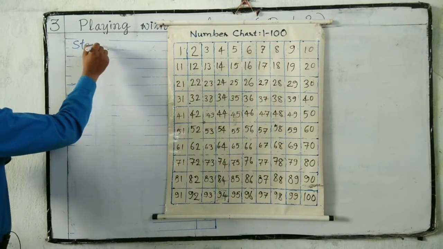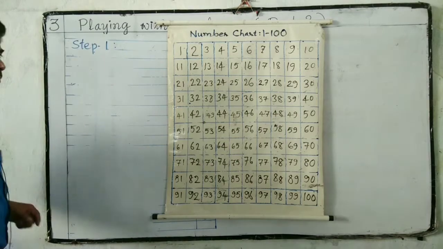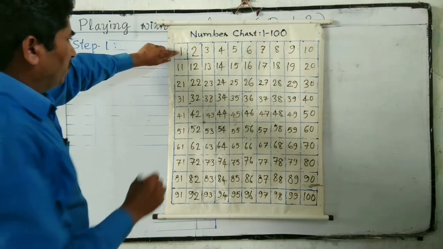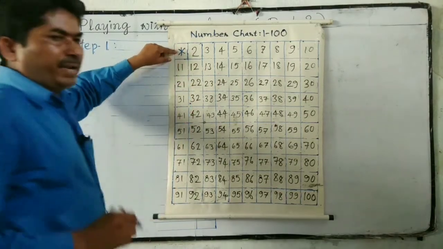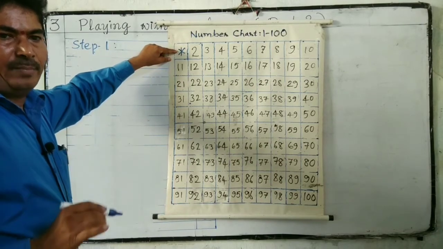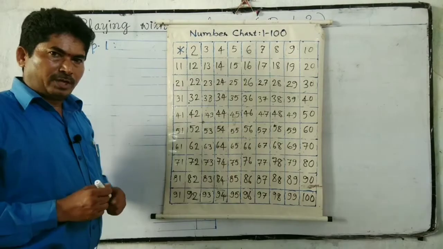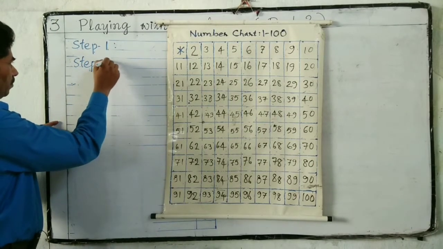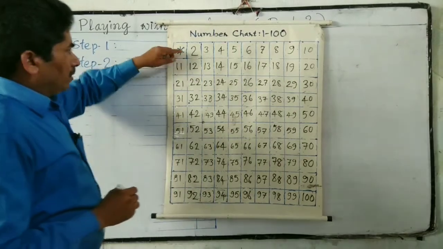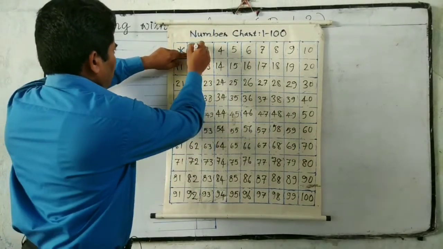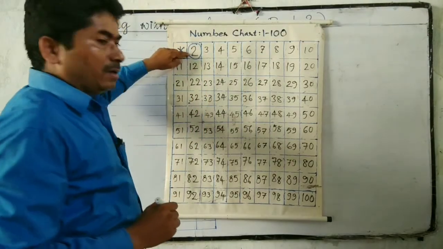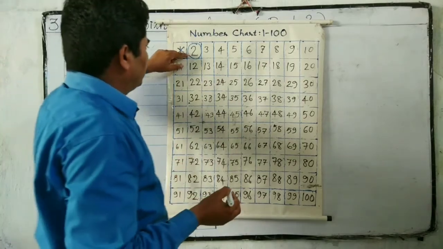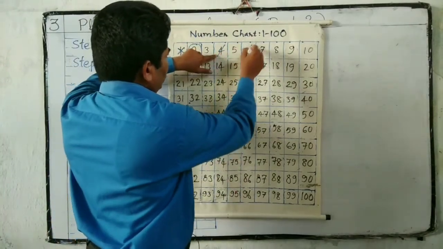Step 1. Cut out 1 because 1 is neither a prime nor a composite number. Step 2. Encircle 2 and cross out all the other multiples of 2, that is 4, 6, 8, 10,